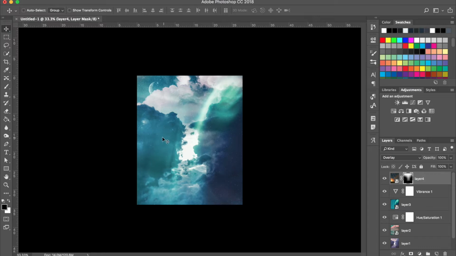We have the clouds in the front, we have the centerpiece here, and the moon is tucked away in the back there, giving our image a lot of depth and dimension, which is really nice. Okay, so this next layer that I added wasn't an image, just a blank layer, again using